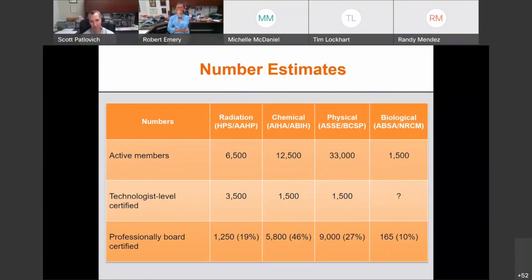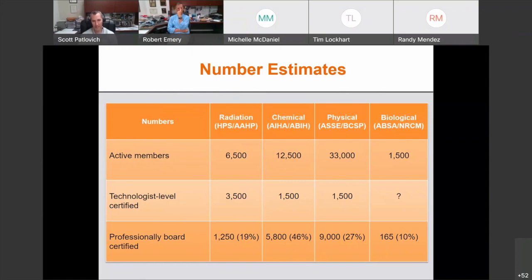This is just a table that we put together with the total number of individuals that are active members within the professional organization versus those that are recognized as either a registration or technologist level or board certified within the profession.